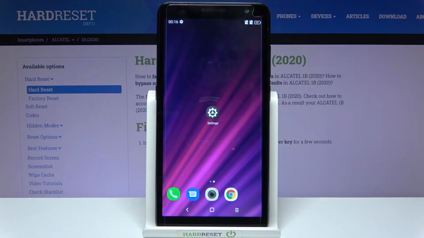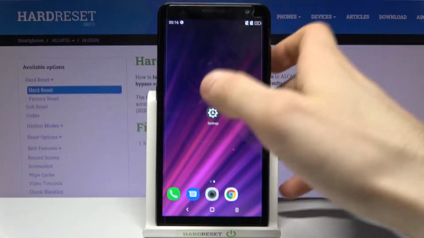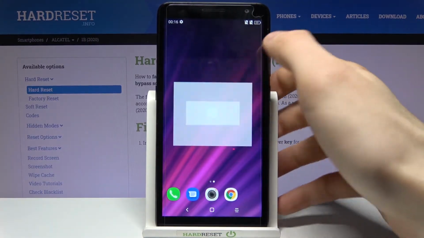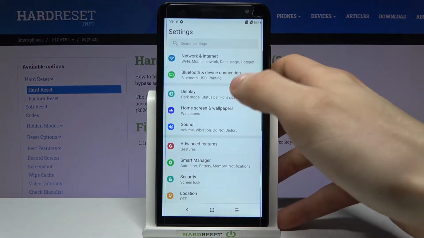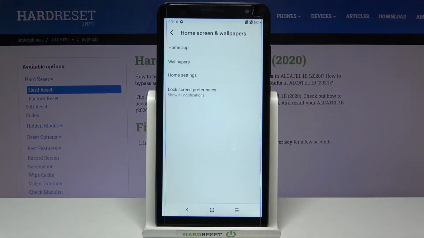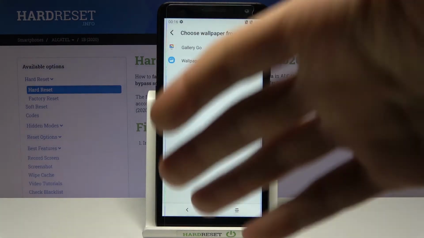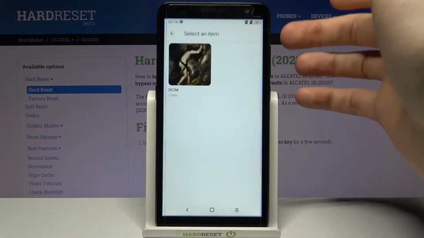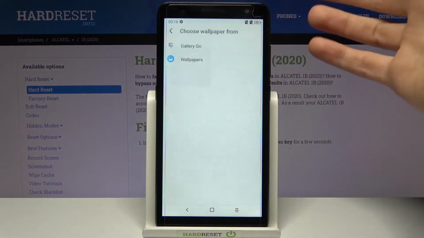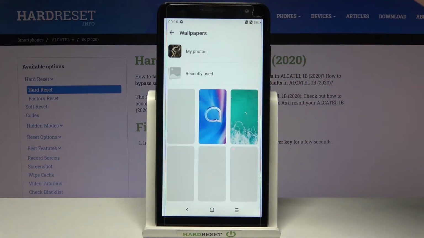Here I have ALCATEL 1B, and today I'm going to show you how to change wallpaper on this device. So firstly, you will have to open settings, then you have to go to the home screen and wallpaper, then wallpapers. You can select one of the from the gallery go or from the wallpapers, and here you can select